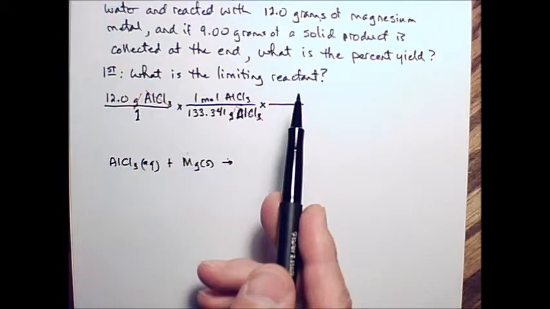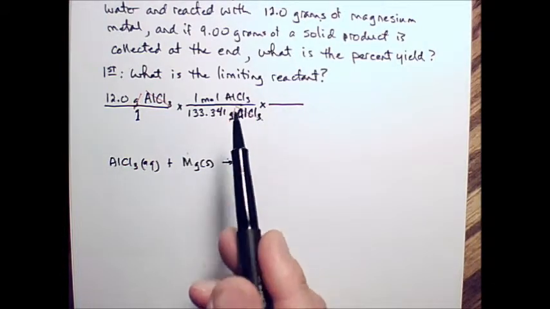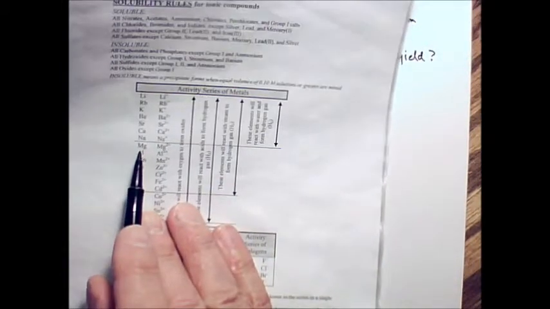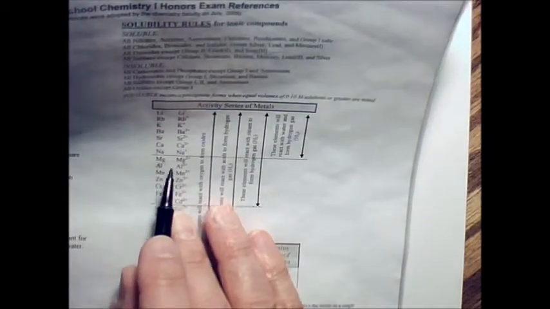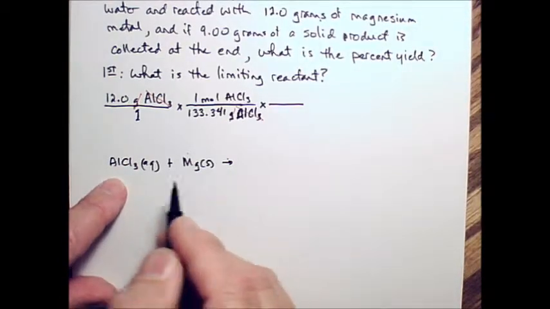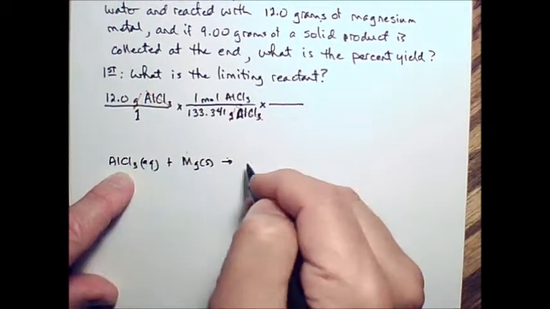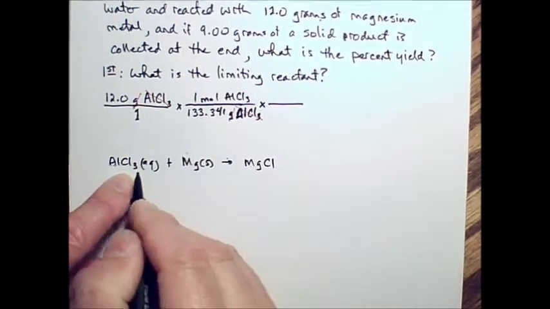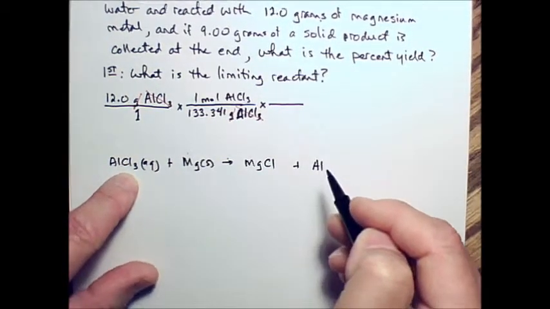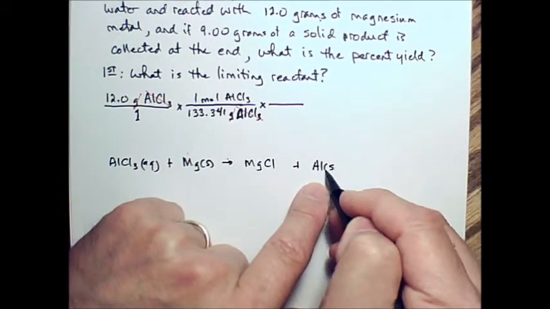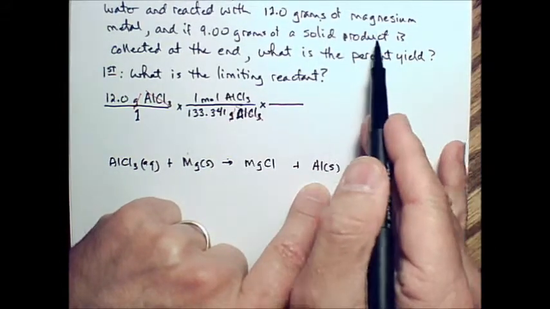The question says that they're going to be reacted, so that's a really good clue. Just to double check though, magnesium on the activity series, the magnesium metal is higher on the activity series than the aluminum is. Okay, they're right above each other, so the magnesium is higher, so the magnesium metal will displace the aluminum ion here. So when magnesium displaces aluminum, we're going to get magnesium chloride. Magnesium is going to join up with the back of this, and we're going to have aluminum that's by itself. Now aluminum is going to be a solid,